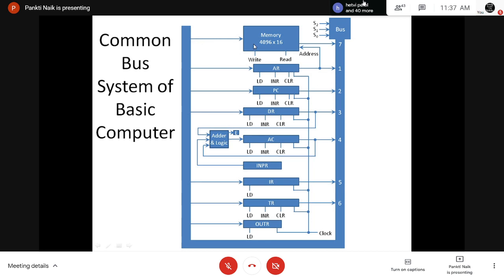The input and output of the memory are connected to the common bus, but the address of the memory is connected to the AR register. That's why the AR register is always used to store the memory address, right? So these are about the common bus system, right?